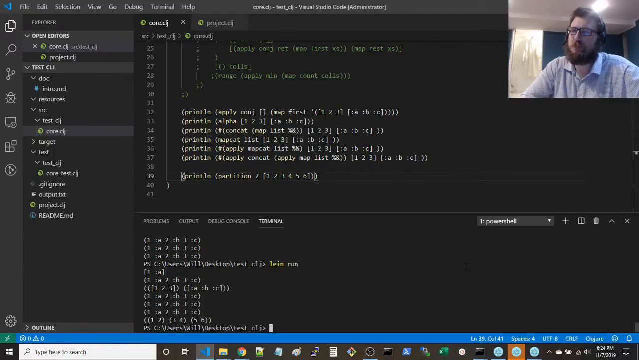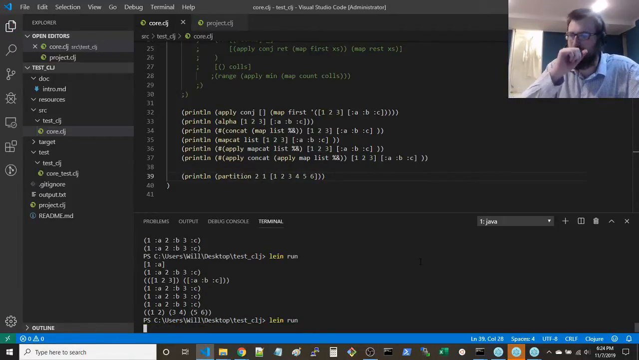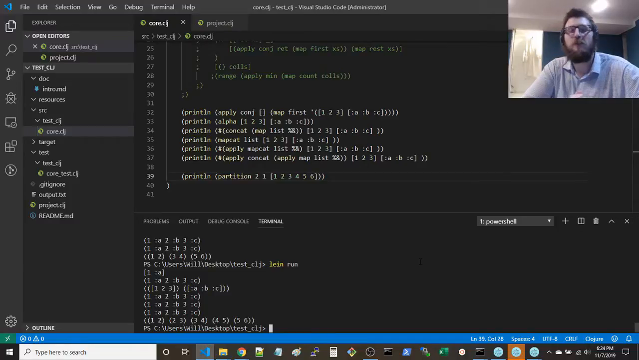One, two, three, four, five, six. Really? If we did 2, step 1. Yeah, okay, that's interesting. So the step is by default equal to the amount that you're partitioning if you don't